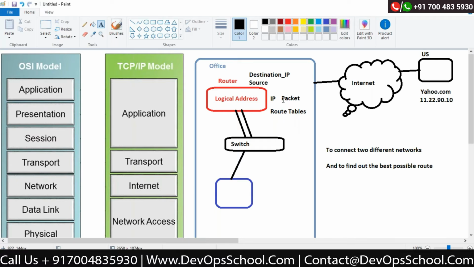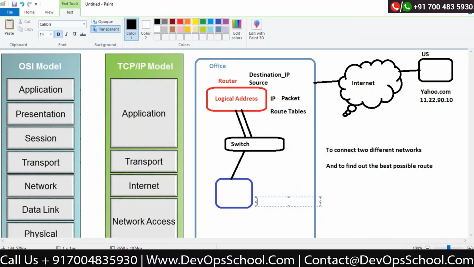The logical layer is nothing but the IP addresses. This is working on packets. Whenever I say router, the router processes the packets, correct? So remember that the physical layer is nothing but bits and bytes. The data link layer would be frames. The network layer would be packets, correct? It works on simple ones and zeros. The data link layer works on an address called a MAC address. The network layer works on an IP address, correct?